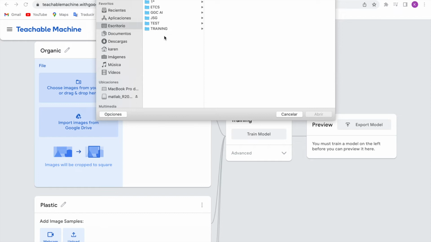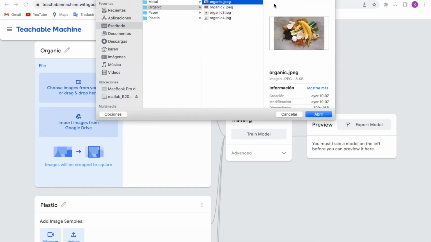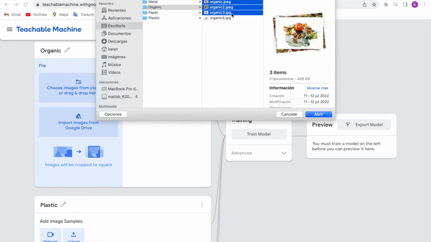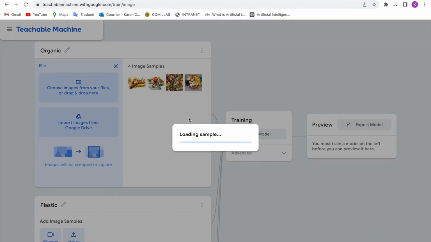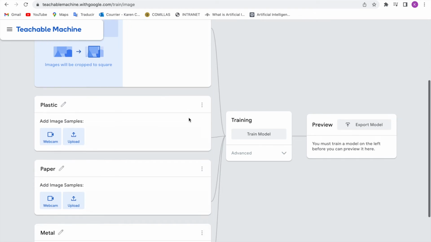This is the images my model is going to learn from. So I got the training, and as you can see, I have folders for the different categories that I wanted to sort the waste. So we're going to start by organic, and I'm going to upload these pictures of different organic waste, and I'm going to do the same with the others.